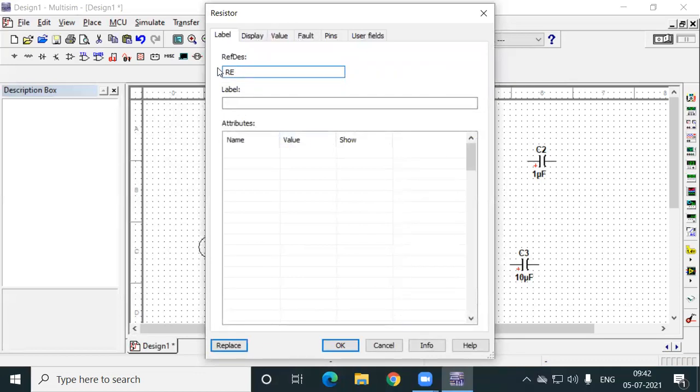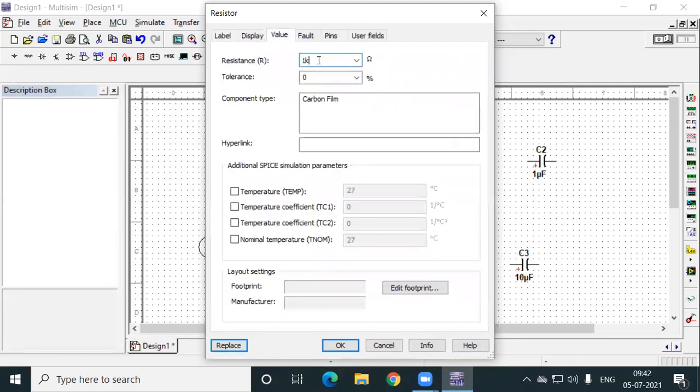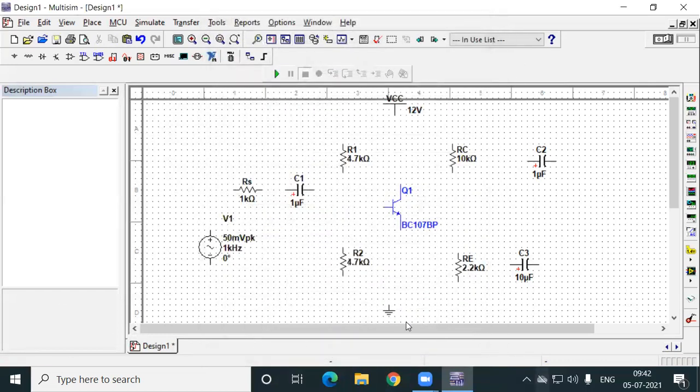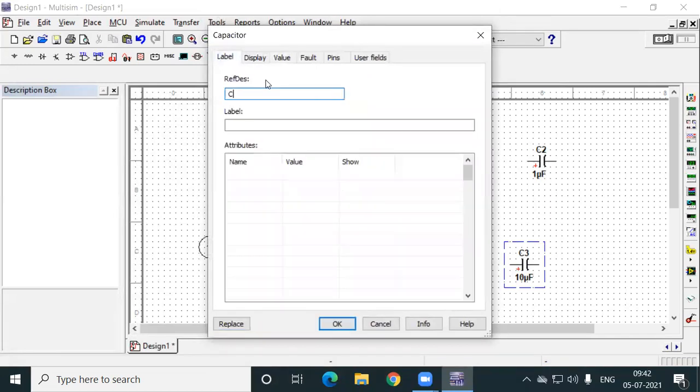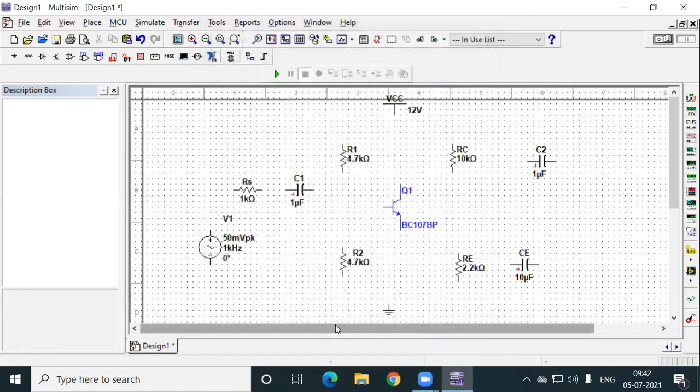The value of my RE is 2.2K. Say okay. So now I have set the names and the values. Now I want to change the name of this one also. Why leave this one? So I will change this to CE. Right, now I am satisfied.